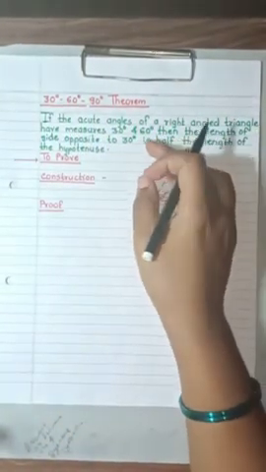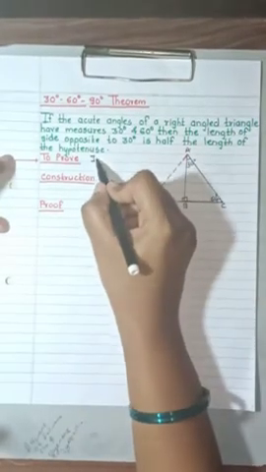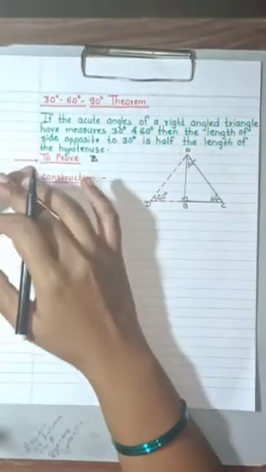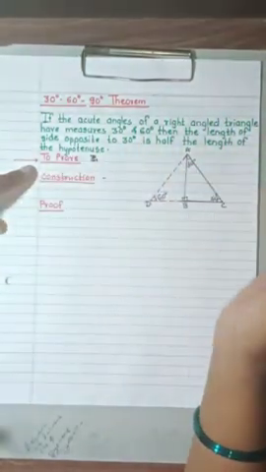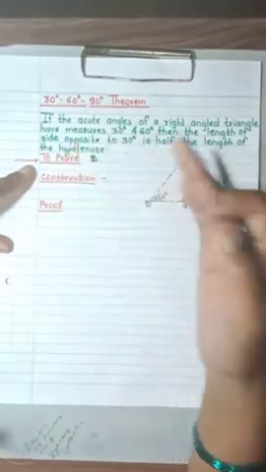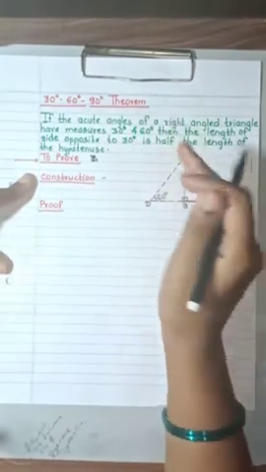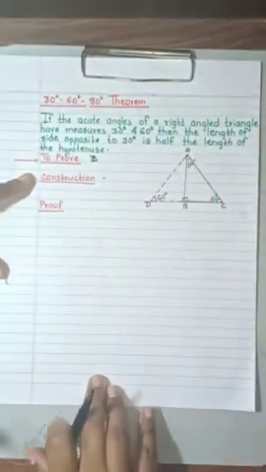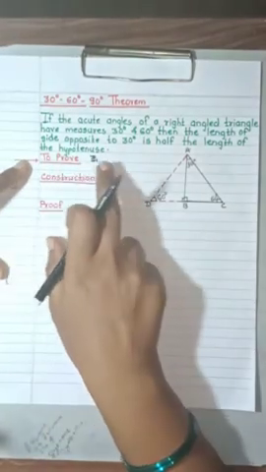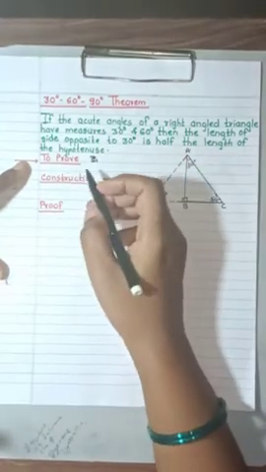Now children, I hope you can write down what is given. Sorry, I have not kept a place for writing given, but you can write in given that triangle ABC is a right angle triangle, angle A is 30 degree, angle B is 90 degree, and angle C is 60 degree. As this theorem will be lengthy, I have insufficient place, so in your notebook you will write the given. Now let us move on towards the proof.